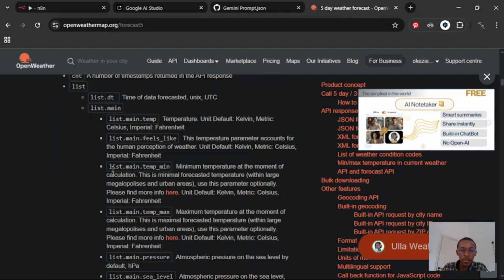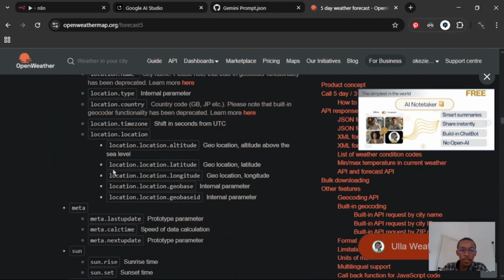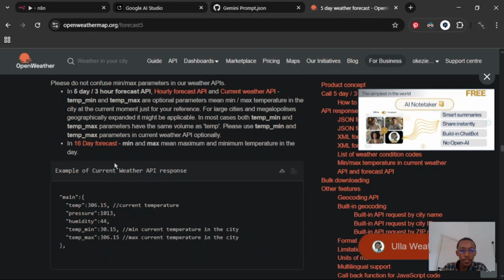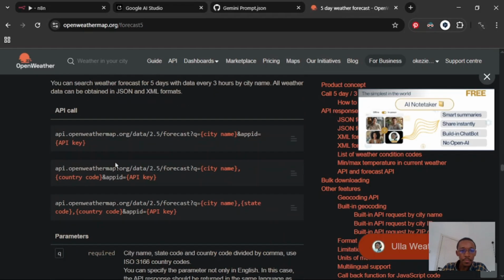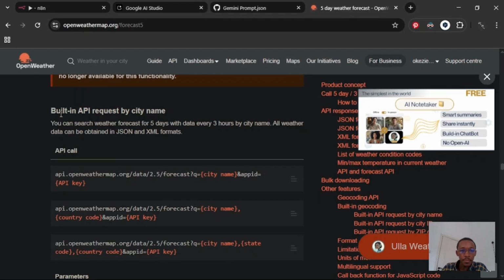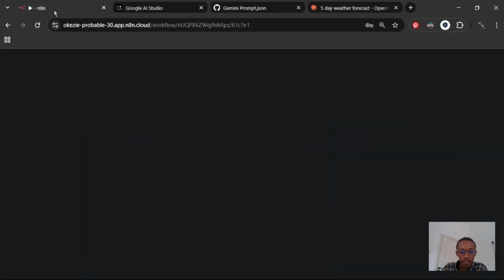We'll head down and here it says built-in request by city name. So we can simply put in the name of the city or state we are looking for, and then it will return a result. So we copy here down to forecast, copy, head over to n8n,